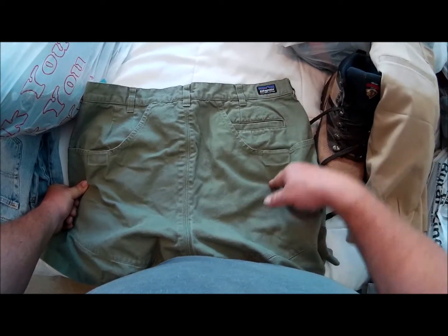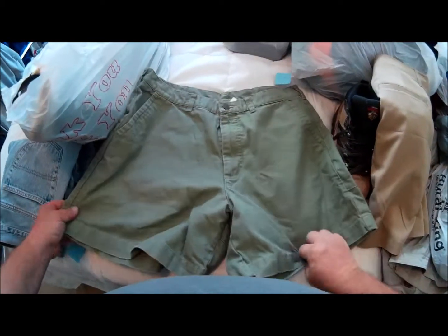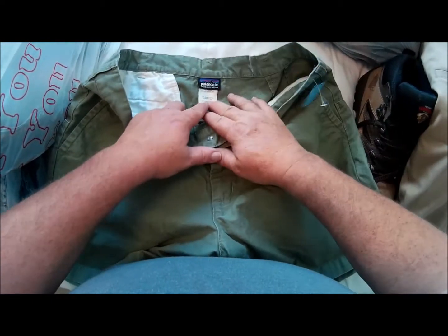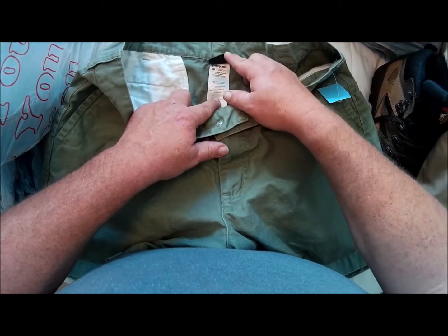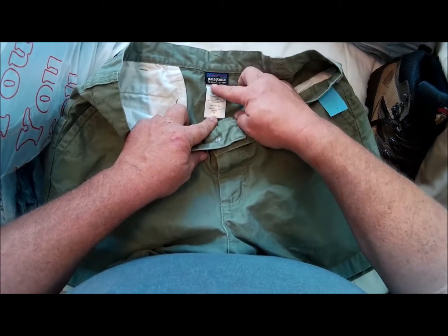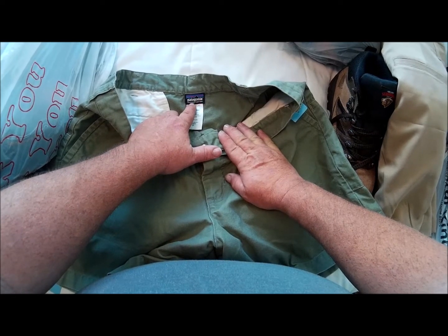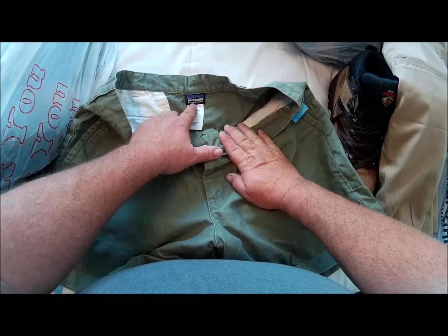So when I looked them up, because of the way the pockets are, this is a vintage pair. So these will bring like $44 as a vintage pair, which is cool. I don't think these were made in America, were they? Sri Lanka. But my understanding is, when I was looking them up, and maybe not everybody listed it the same,